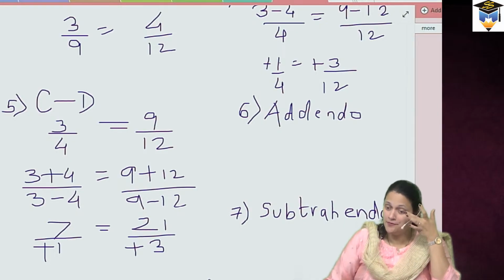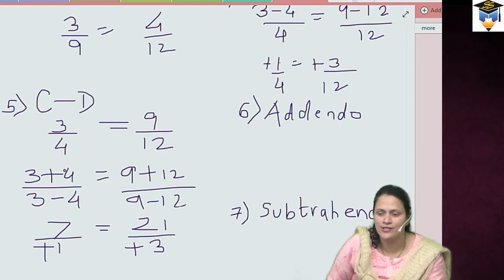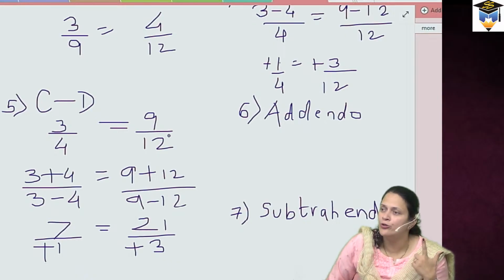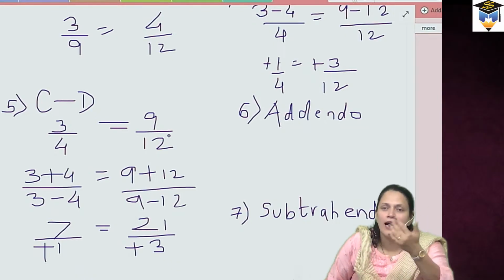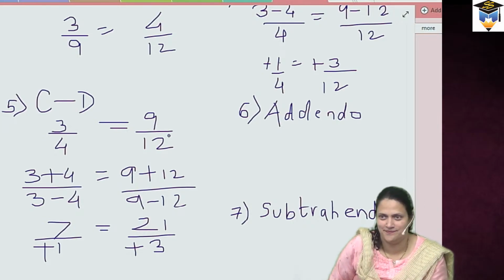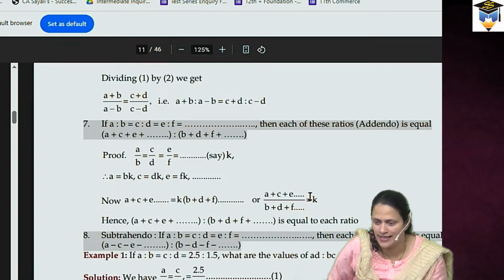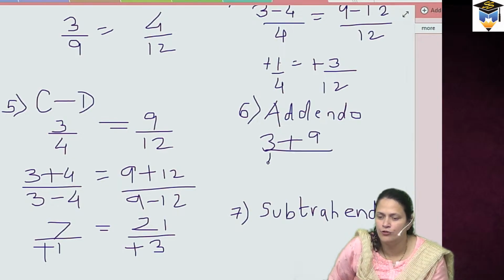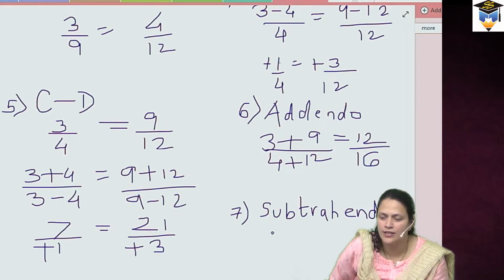So in addendo again, there are two ratios given to us. 3 upon 4 is equal to 9 by 12. So when I apply addendo, what I am going to do? Numerator plus numerator upon denominator plus denominator. If you see over here, they have done the same thing. Can you see it over here? And similarly for subtrahendo, subtract. So 3 plus 9 upon 4 plus 12. And this when you subtract,